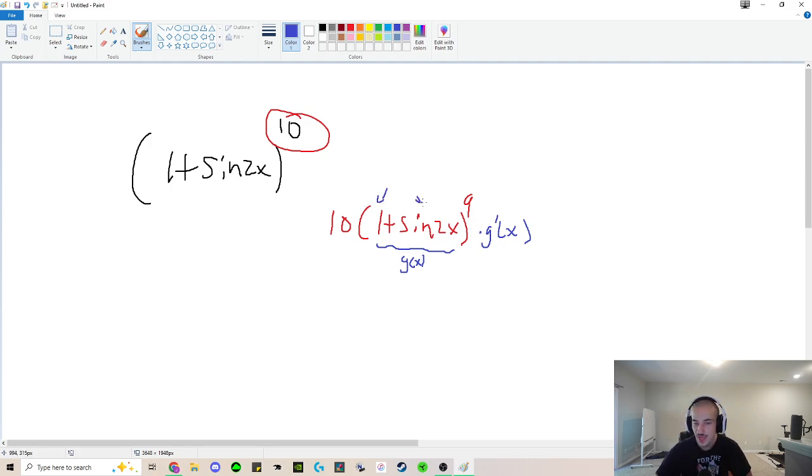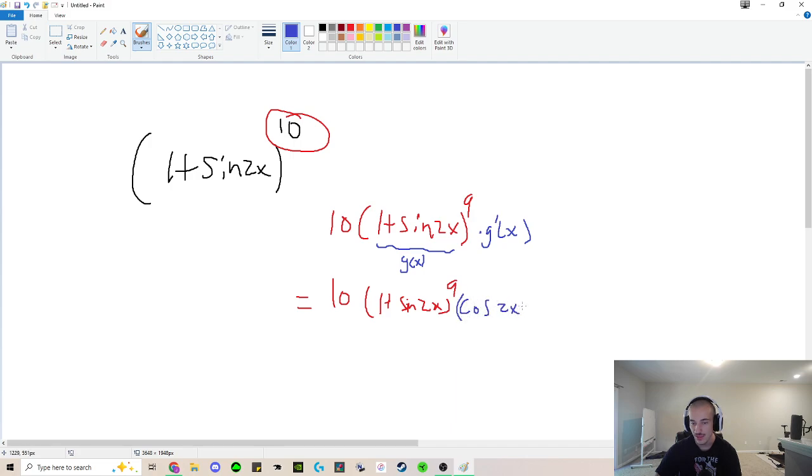The derivative of sine 2x, we have to do another chain rule. So this is going to equal 10 times 1 plus sine 2x to the 9th. And then g prime here, we take the sine derivative, so it's going to be cosine of 2x,